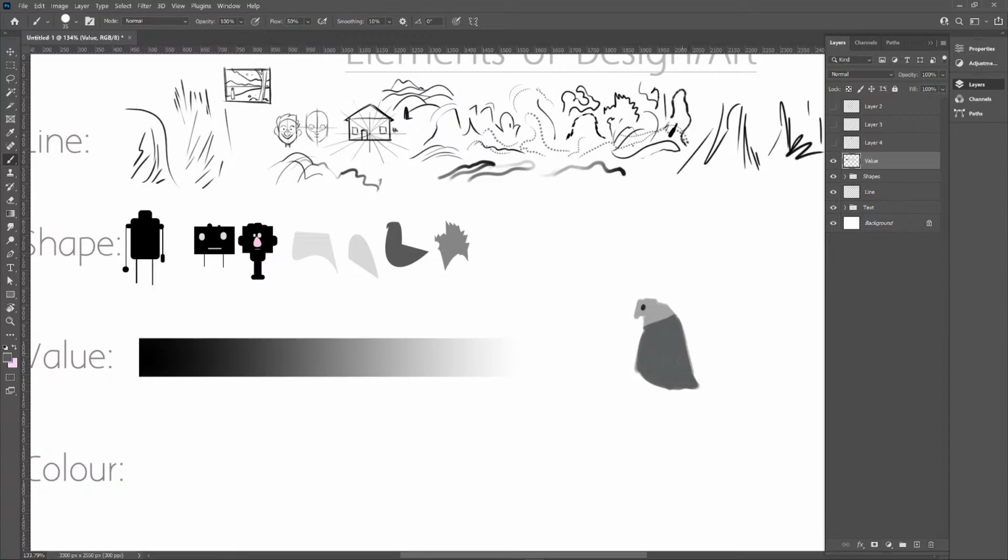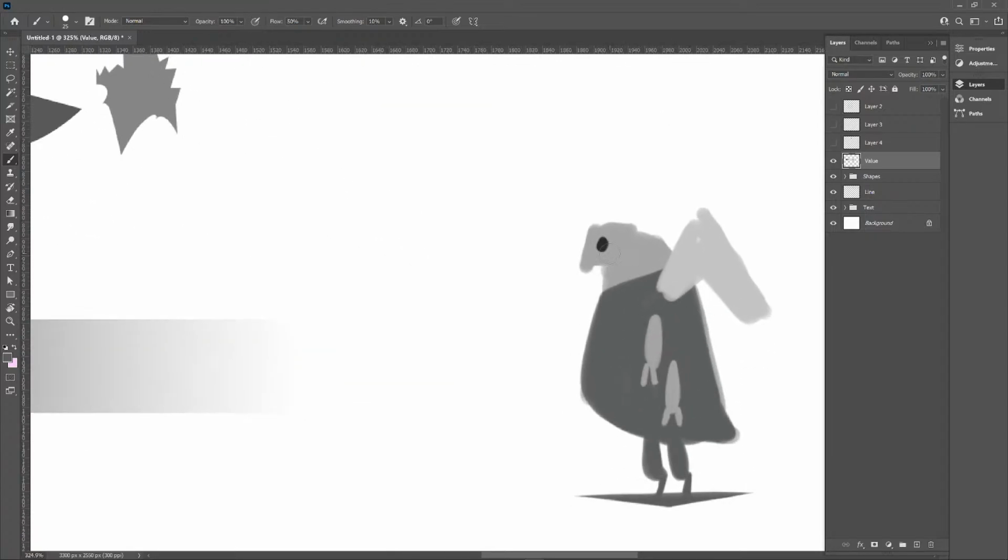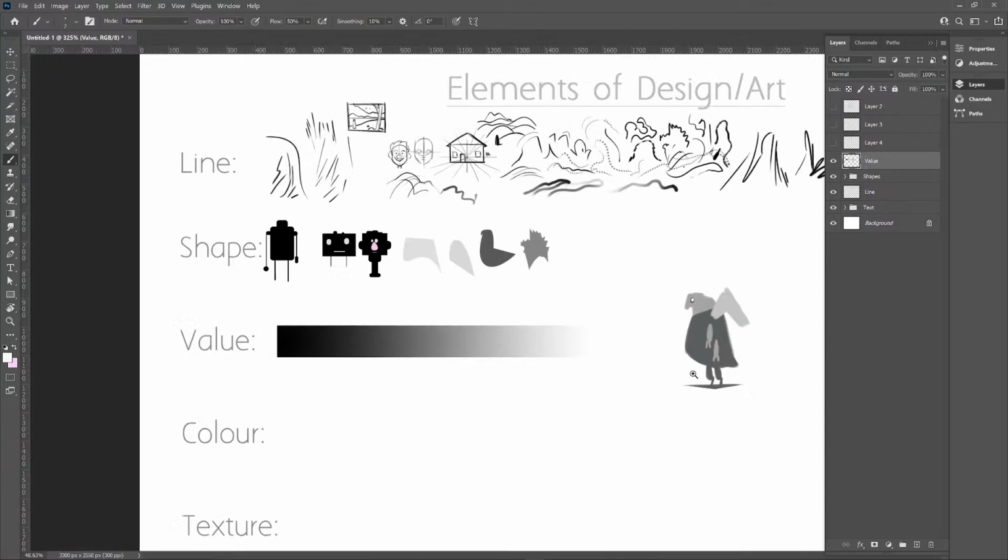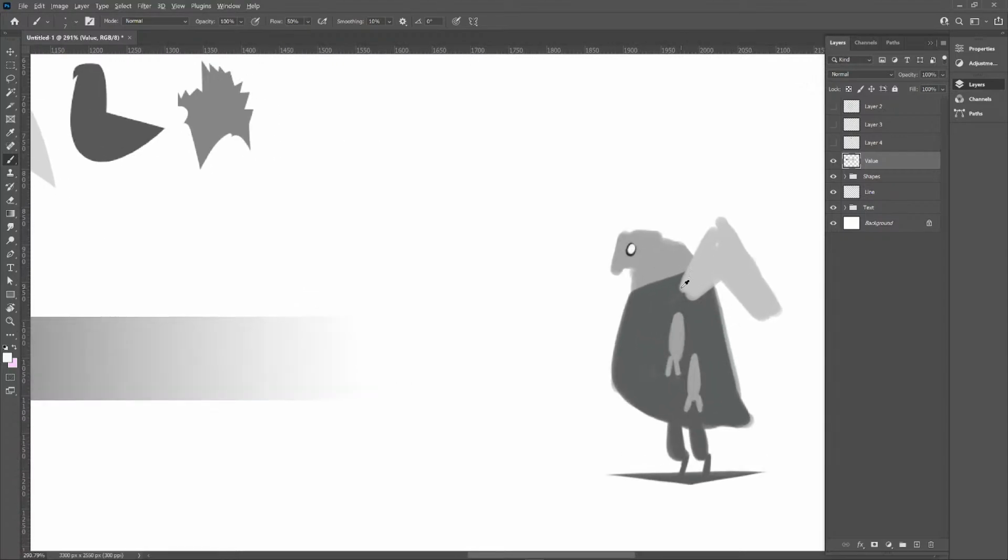Can fill part of this with another shape. Okay, and so just with black and white, I can make a simple sketch or a plan